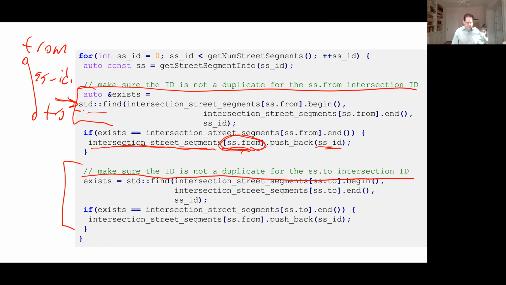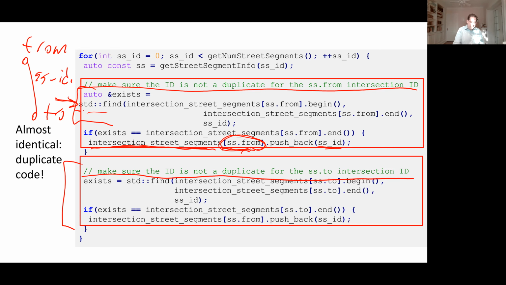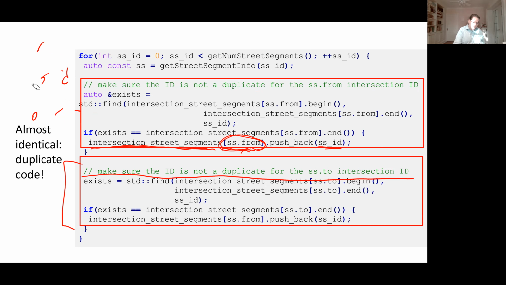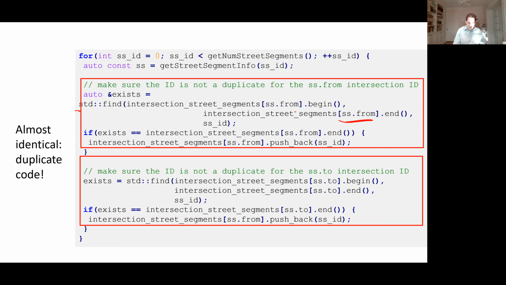Okay, so I'm going to show you one thing you can do for this. So yeah, we have this duplicate code. Aside from the indentation problems and so on, and maybe I should have more comments, the most fundamental thing about this is I have almost the same code twice, right? I've taken this block of code and I've cut it, pasted it, and I've basically changed this SS from to SS2 all over the place. Okay, and I really don't want to do that because I have to read twice as much code now. So